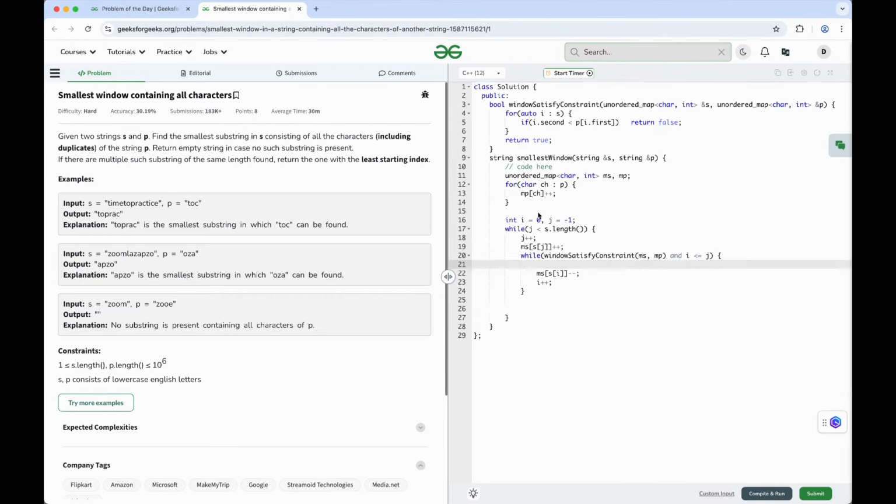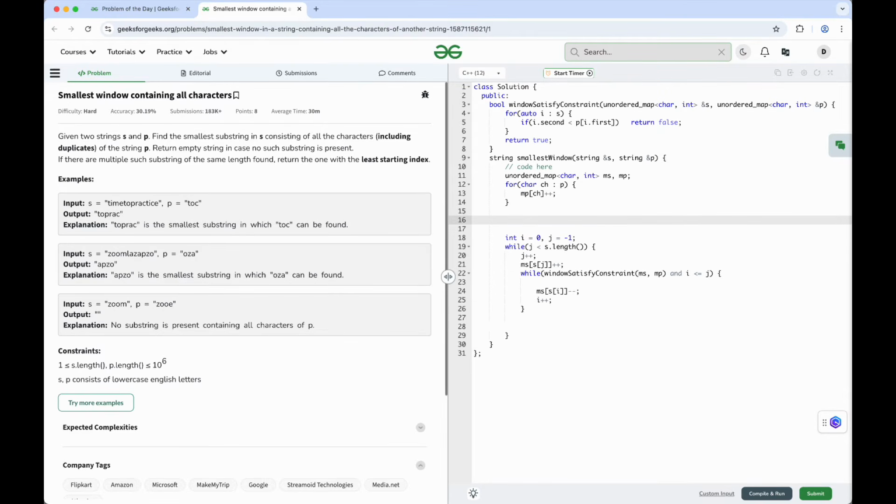So I'm thinking, let's store it in a vector and sort it later, but let's store it in a set